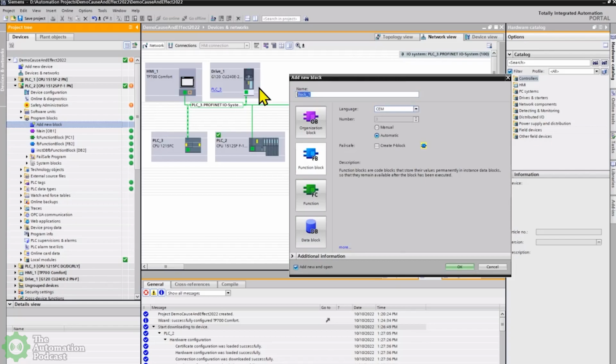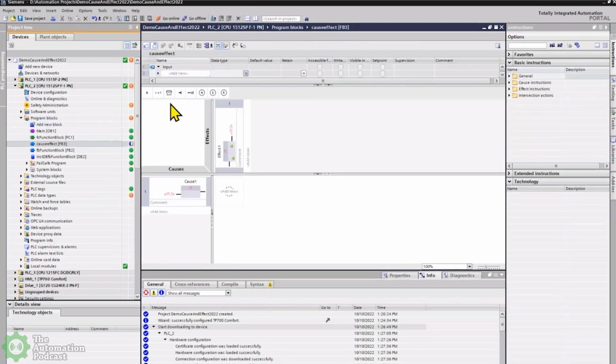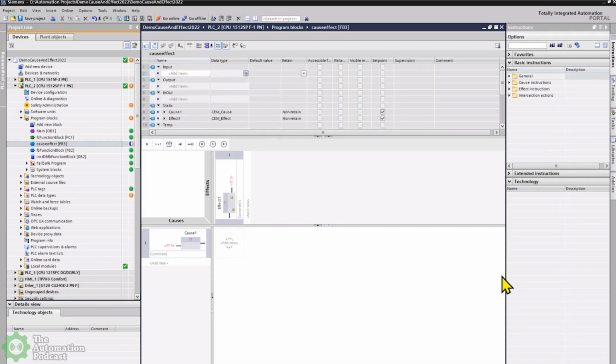Oh, but I just give it a name here, cause and effect matrix, for example. And my intent is only just to show how simple it is to add this to an existing TIA Portal project, and how it comes up almost the same way that ladder logic does, with the ability to parameterize an input, add comments. So the grid was intended to provide the same similar functionality that exists uniformly as a ladder editor or a